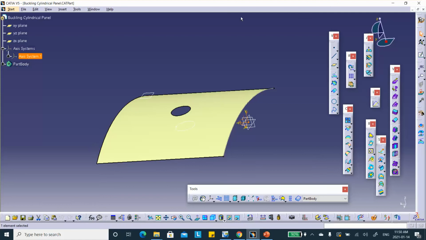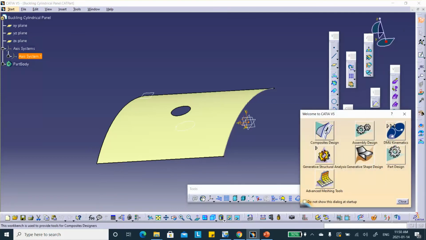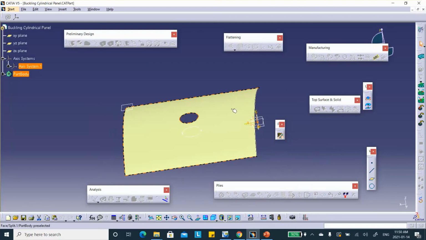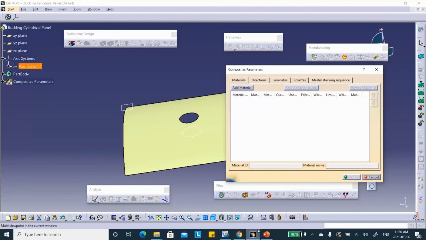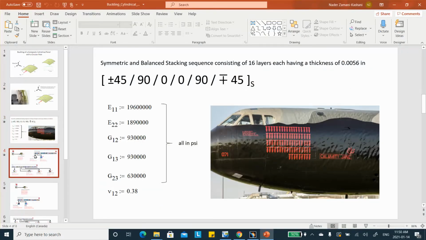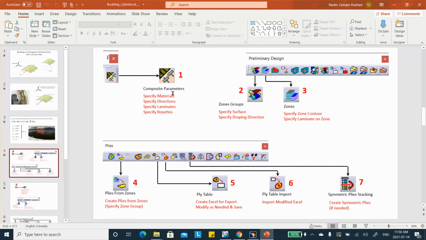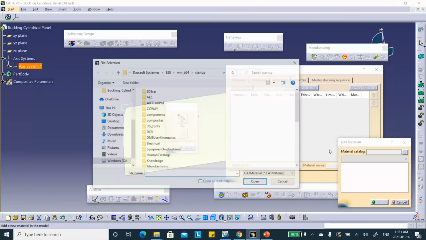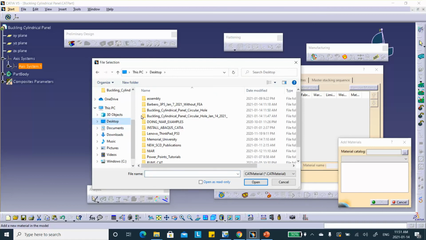So now we're going to go to composite design. Okay, good. First of all, the parameters, composite parameters. And let me remind you, when it comes to composite parameters, this is what you're doing. In composite parameters, you're specifying on material, direction, laminates, and rosette. Okay, so let's do that. So add a material. We just created one on my desktop, and there is the